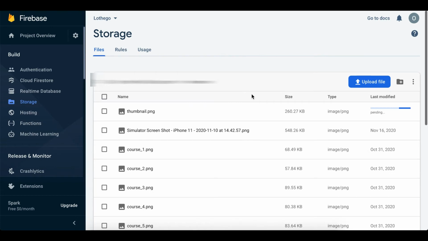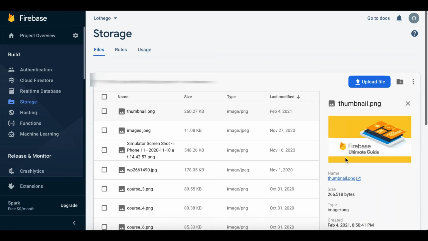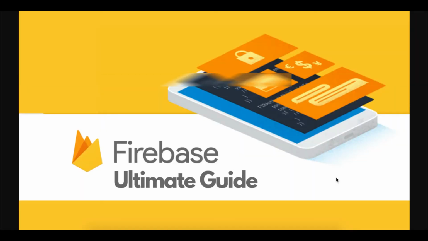Select the thumbnail. It's uploading right now. Okay, so it's uploaded. Click here, last modified. Here's our image. We can simply access this image by clicking here. You can see the image here. You can simply copy the URL of this image and paste it in our database image URL field for